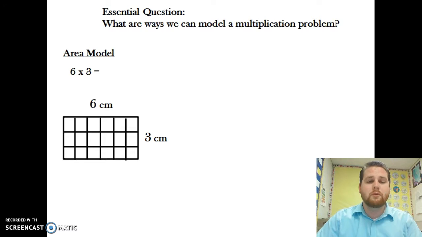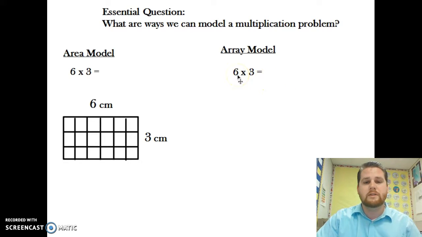The second example for modeling a multiplication problem is the array model. I know some of you guys are familiar with the array model. This is just a reminder. So once again, my multiplication equation is 6 times 3, and I'm going to show using an array. So remember, arrays, I usually use circles to make an array. You can use whatever shape you want, as long as you are using the theme that goes across for arrays. It has to be the same number of rows, or not the same number of rows, but the same amount